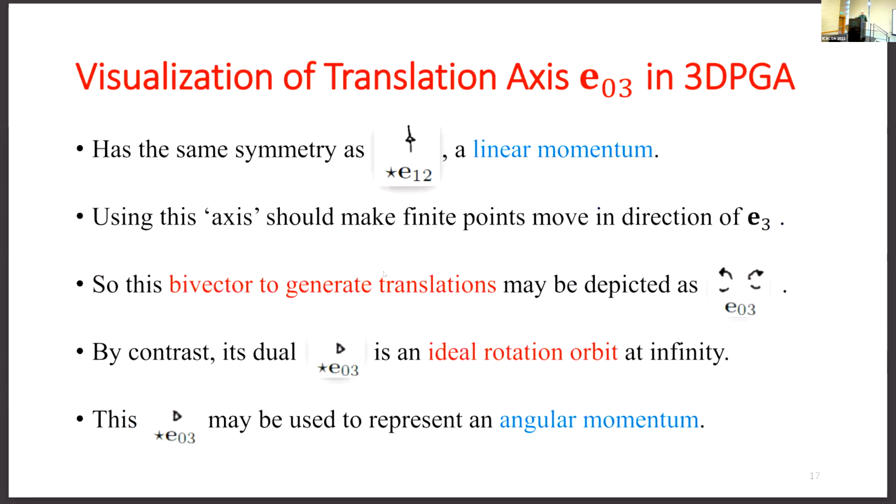And so the algebraic interpretation can be made, and you can learn to think in these elements. The dual of this thing, this translation axis at infinity that helps me boost my things with a linear momentum in the vertical direction, is an ideal rotation orbit at infinity, which will make anything in finite space turn. And this is precisely where this angular momentum part resided this morning. Anyway,